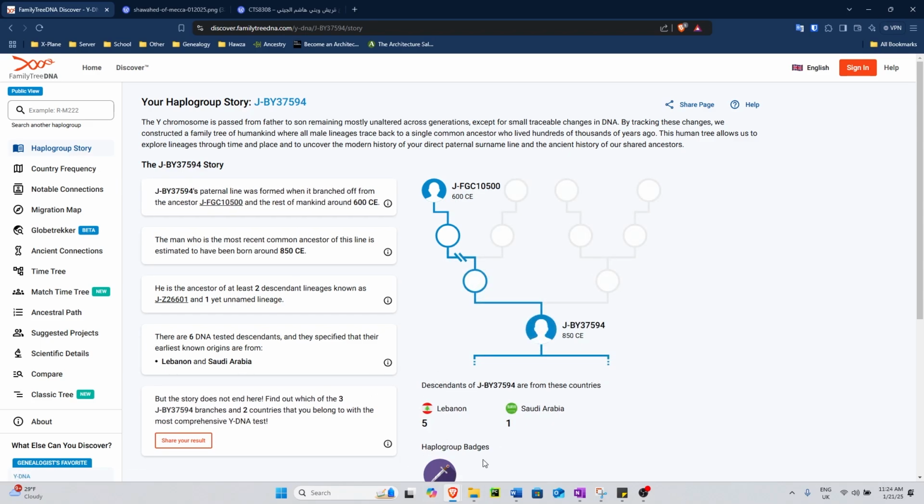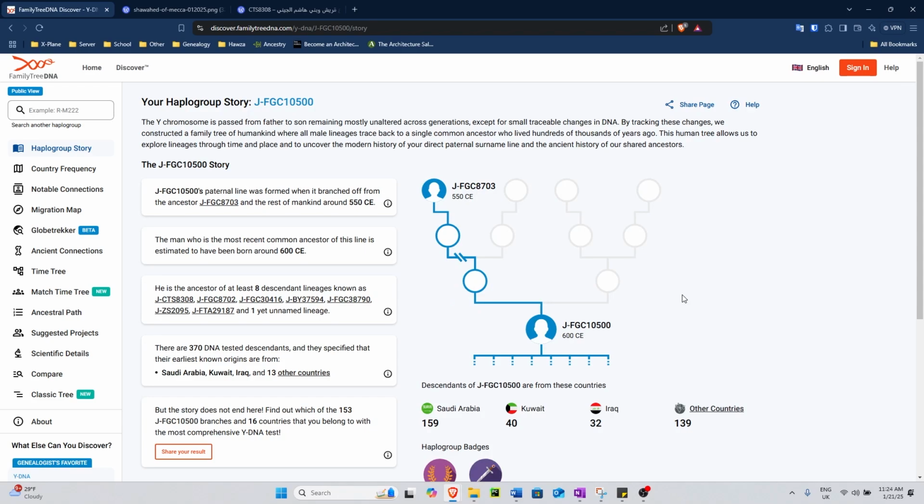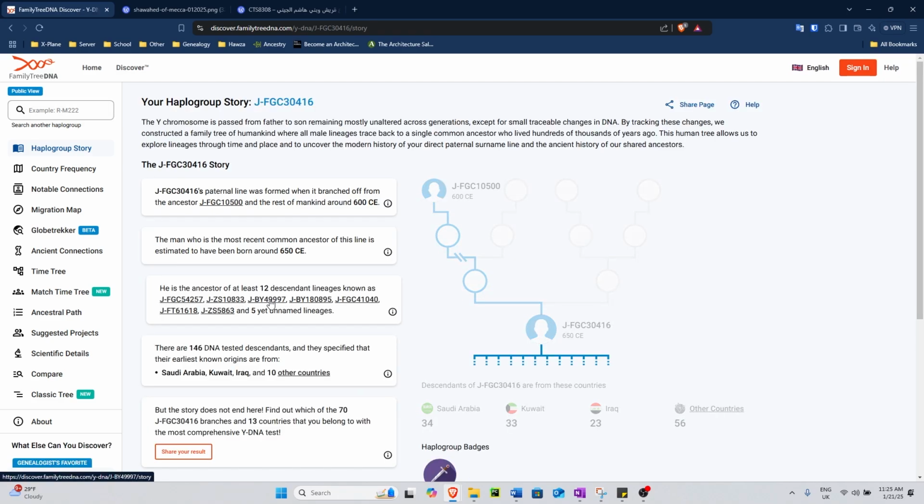This is clearly more prominent in Lebanon, especially Jabal al-Amal, and again, everyone belonging to this haplogroup has the claim of descending from the Dawoodi Hassanis, and clearly strengthens the claim of this FGC 10500 being a clear contender for Imam Ali alayhi salam. But the descendants of Imam Ali alayhi salam will never be complete with only the Hassani Sadat. We should now explore the Husseini mutation of FGC 30416.